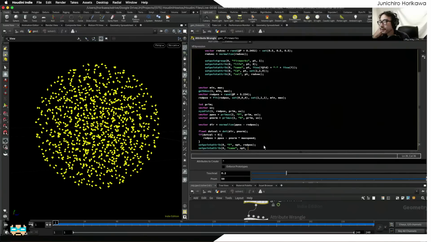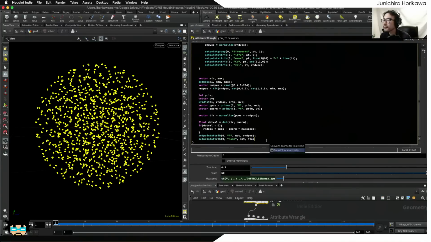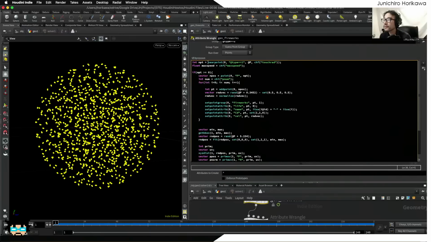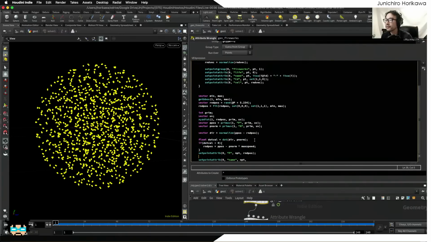How do I do that? Maybe I can retrieve the current ID of this NPT by saying int NID is equal to 0.0 ID at NPT,